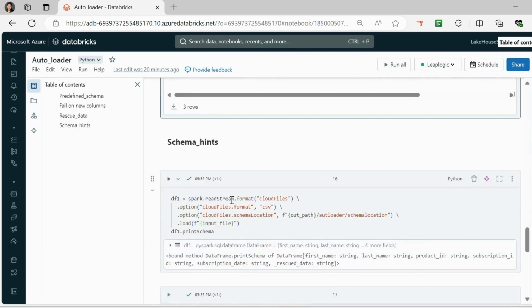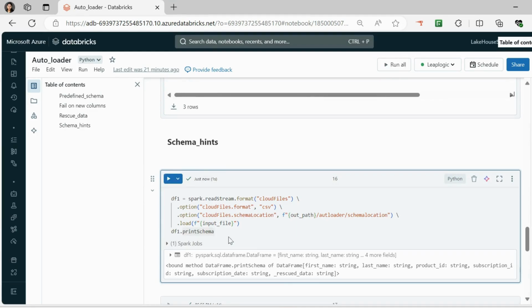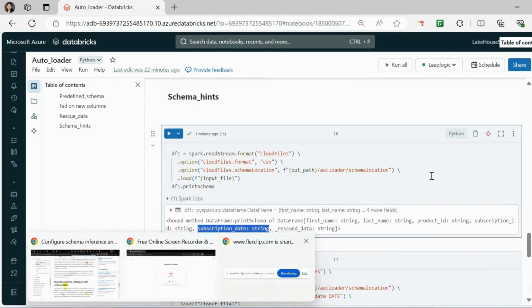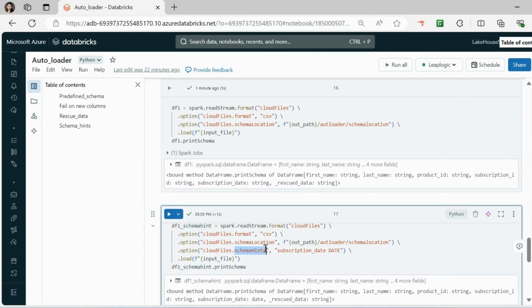Now there's another way called schema hint, in which you can mention what schema you want. This is my actual code in which I'm not mentioning any kind of schema, and I'm reading the data frame. If I read it, you will see the subscription date is string. Let's say I want the subscription date to be a date type. Then you can mention it in the schema hints,